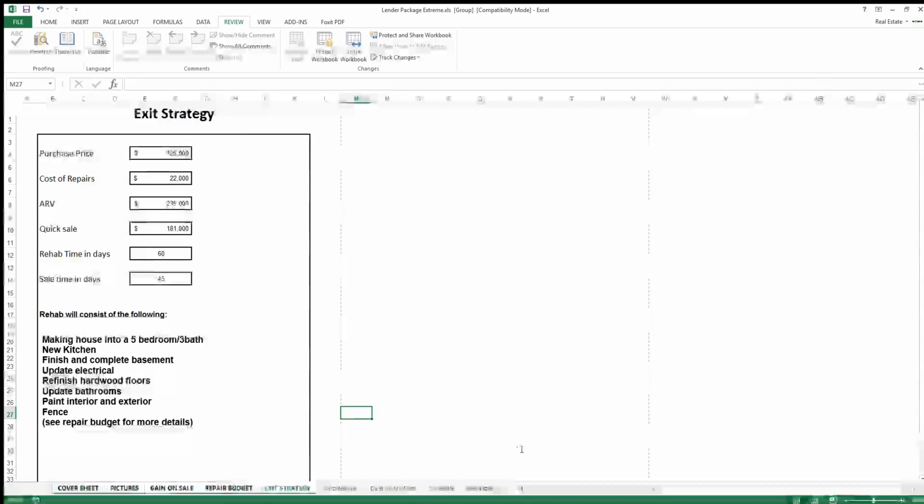And I'm going to call it Success Lender Package. Let's call it Success Street. How about that? Okay. And I'm just going to put it to my desktop. Hit save. It's printing it right now. And when I open it,